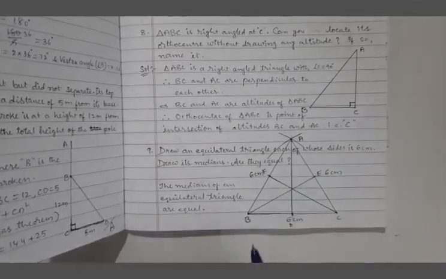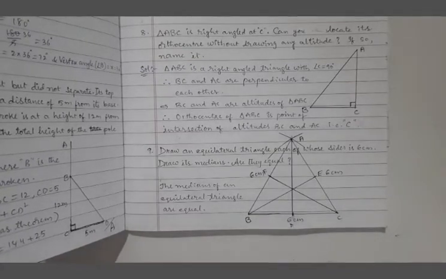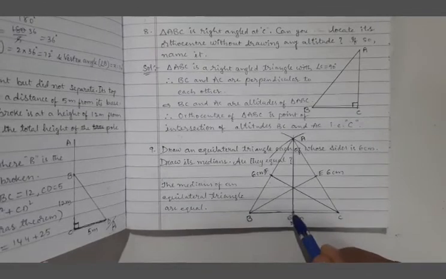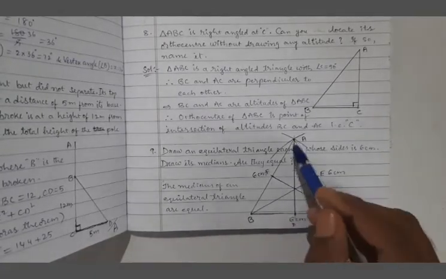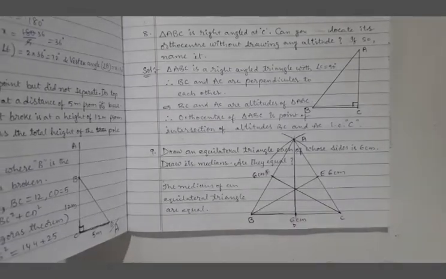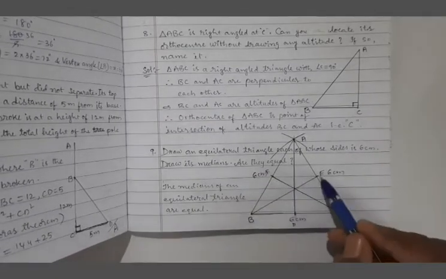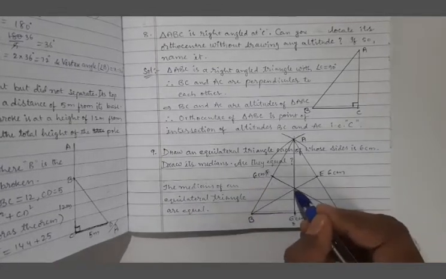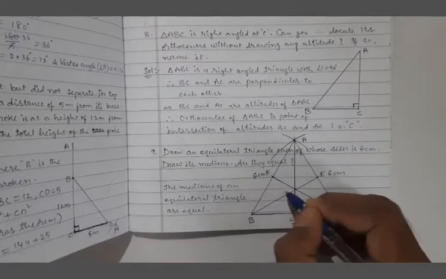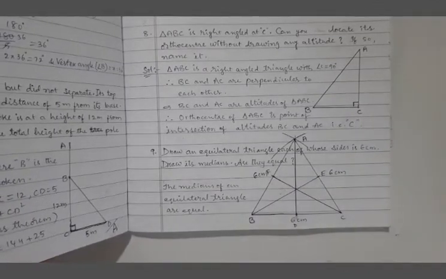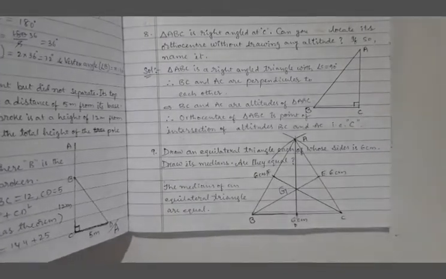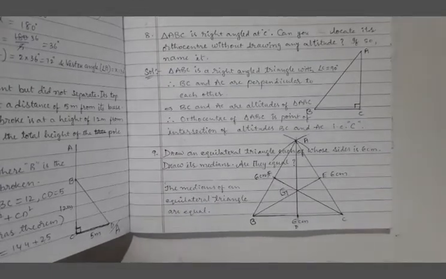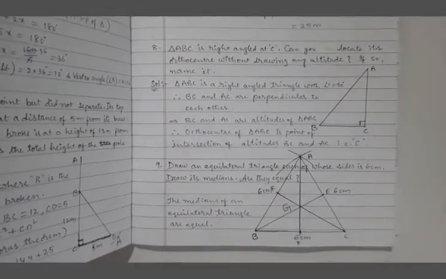Then find the midpoint of BC using the scale only. Where the midpoint comes, name it as D. Join AD. AD is the line segment joining the midpoint of the opposite side with a vertex, which is known as a median. Similarly, you join BE and CF. All the medians will meet at a point. The medians are congruent, and we name the point of concurrence of medians as the centroid, denoted by Z. So the medians of an equilateral triangle are equal.